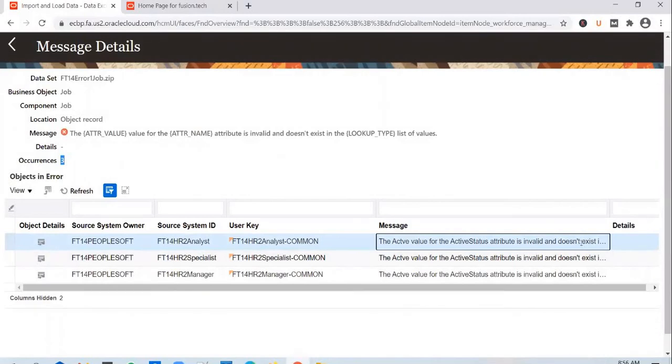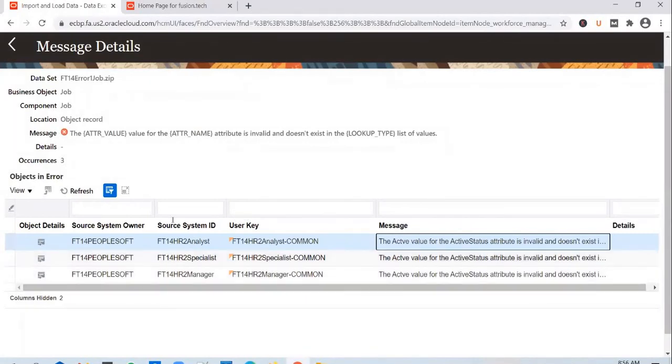It says that it doesn't exist in the list of values. Probably there is a lookup called active status, and in that only active and inactive are marked as valid values. But since you passed in ACTVE, missing an I, maybe a typo, it was not a valid value. So all 3 records errored out.